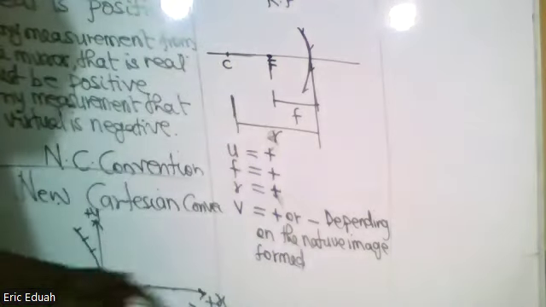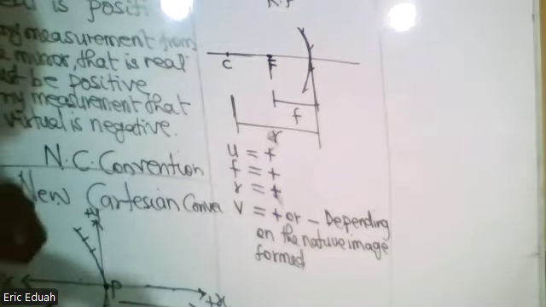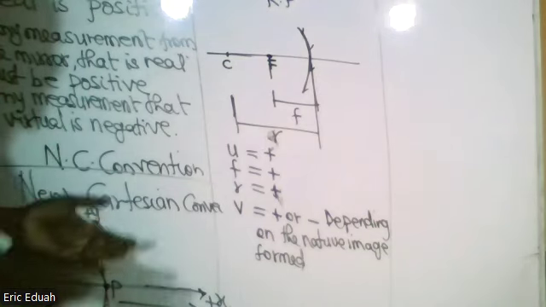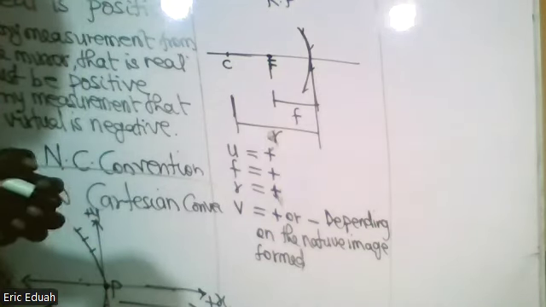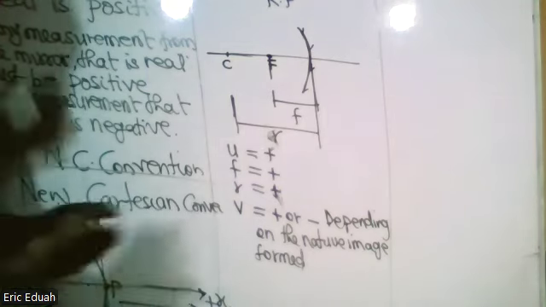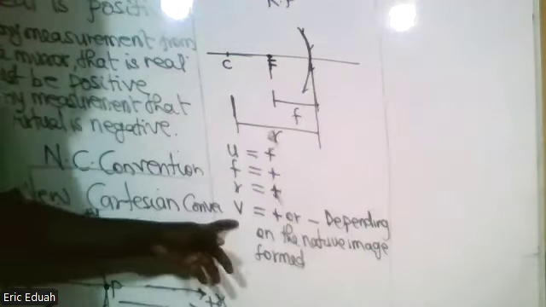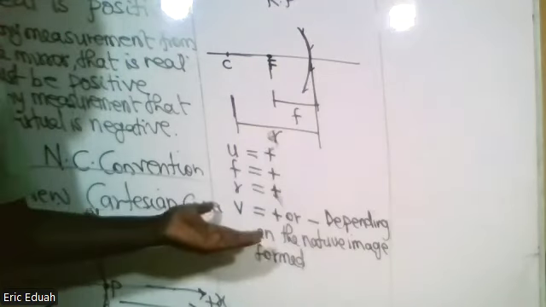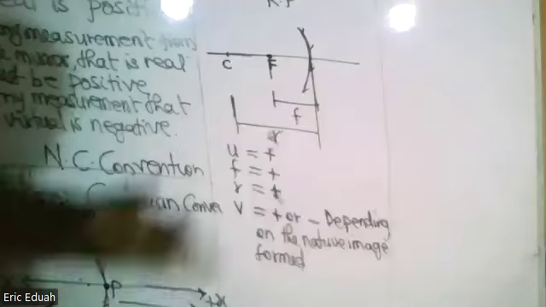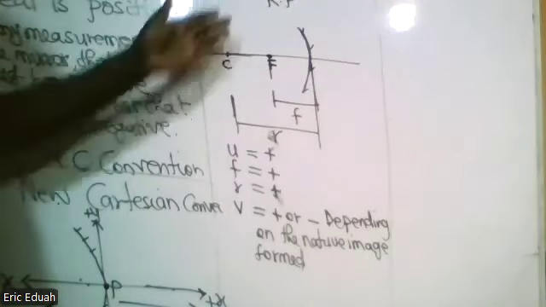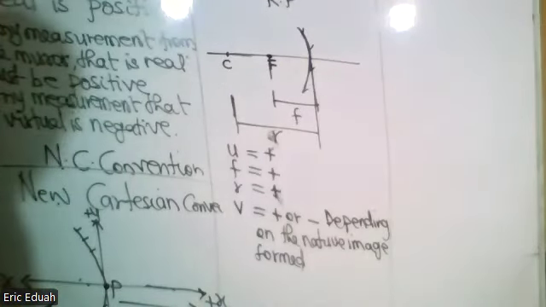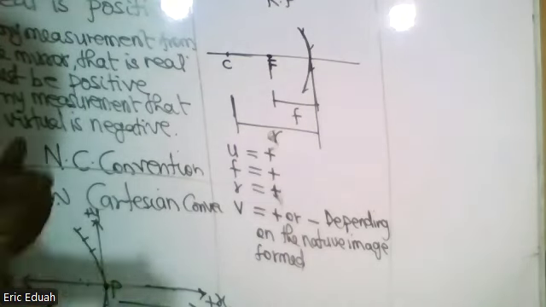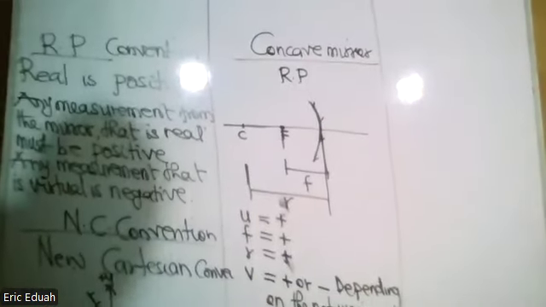So for V, you need to listen to the question and then decide the kind of image that is being formed. If the image formed is real, then V is positive. If the image formed is virtual, V is negative. So that is the whole nitty-gritty of RP convention. Anything real is positive, anything virtual is negative. Then let's look at